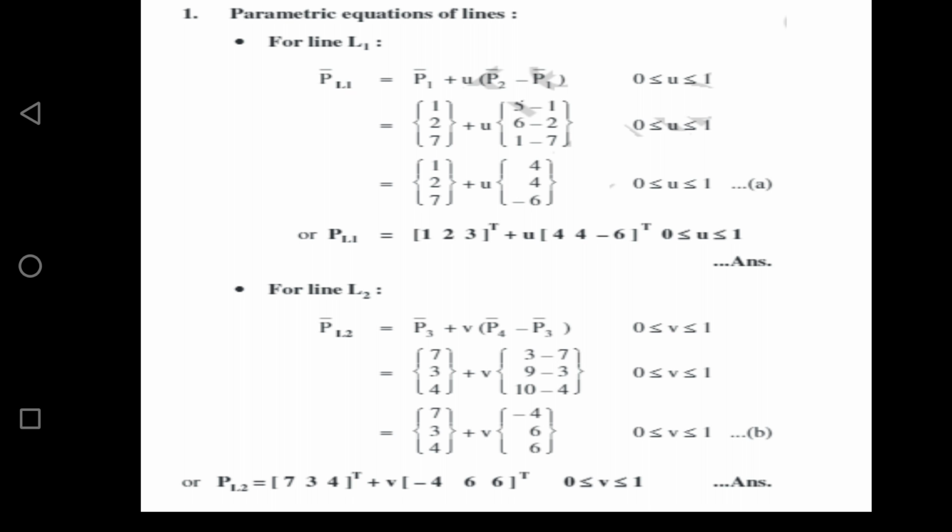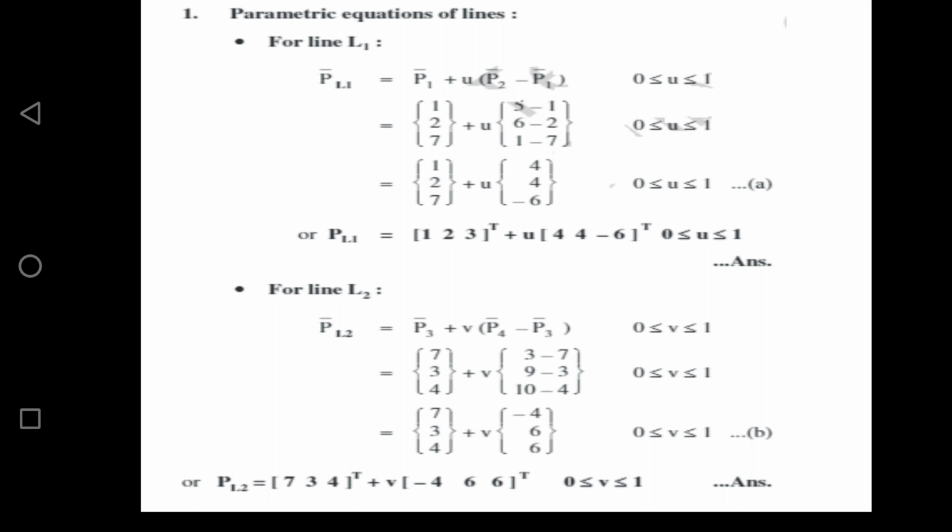So this U goes from 0 to 1. So this is the parametric equation for line L1. Let's go find out the parametric equation for line L2 and represent it as PL2 bar. So L2 has P3 and P4. So that is equal to P3 bar plus V into P4 bar minus P3 bar, where V is an independent parameter for line L2. We have two lines, so we are using two independent parameters U and V for L1